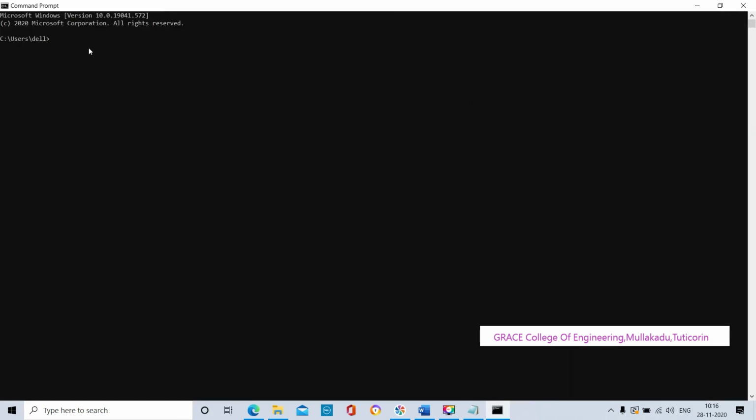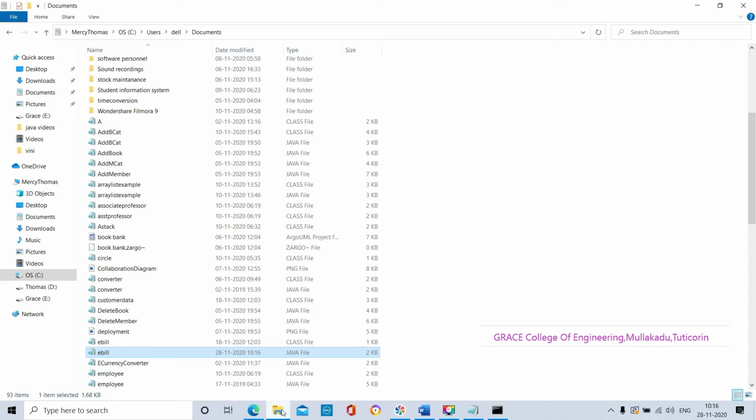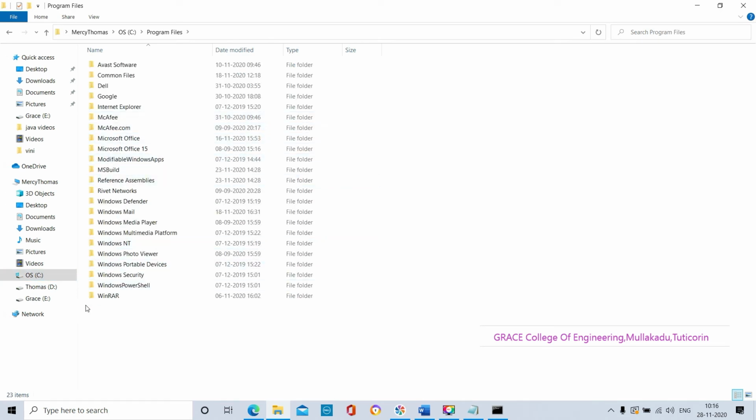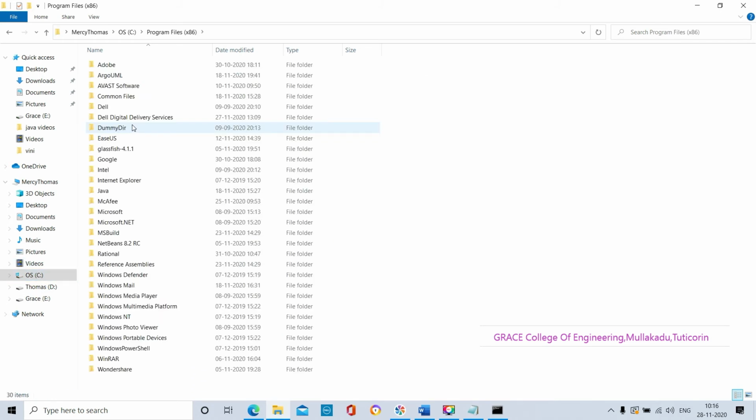Here you have to set the path. Using the set path keyword, we will set the path of the Java software program. While I was installing the Java application program, it is stored in a particular path.